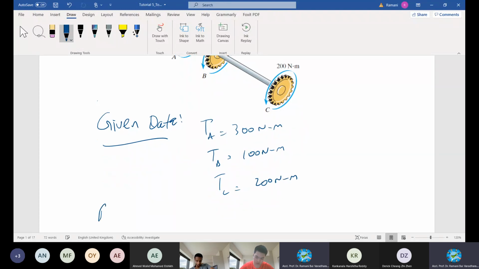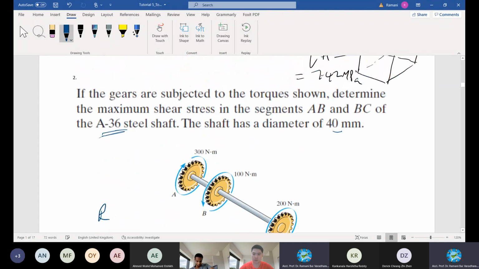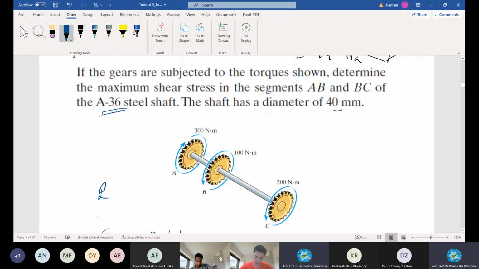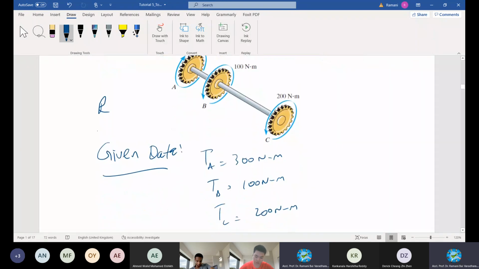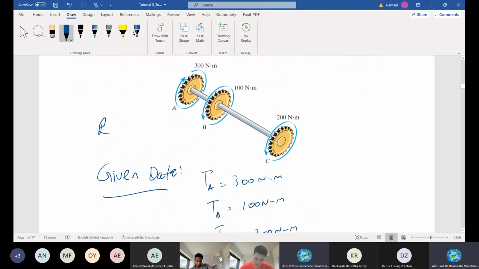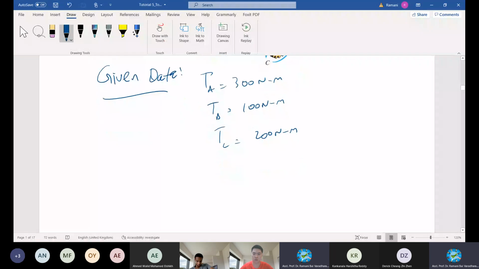Okay, the required diameter of the shaft, again, you need to take from the code. I will explain one by one. What are the other things given to you? Oh, it's already given. 40 mm diameter is given for the shaft. Regular section, no change, and no hollow, solid material. When I say 40 mm, 4 centimeter, you should be able to imagine.